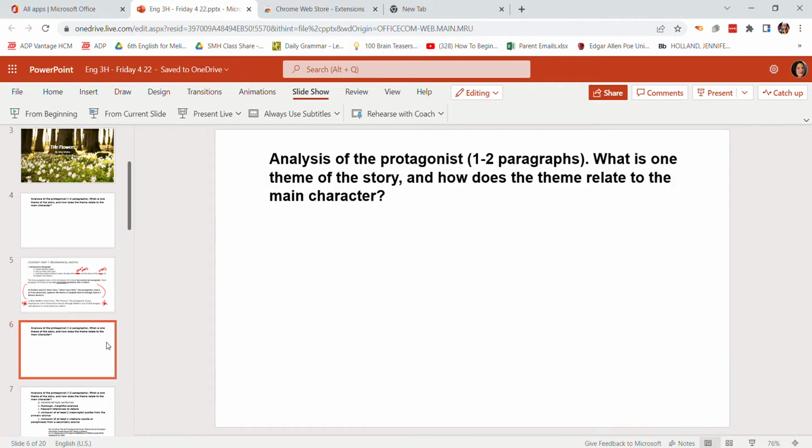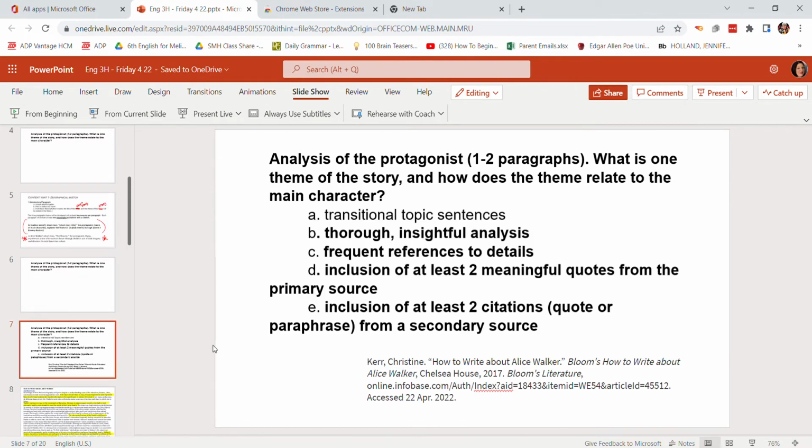So it's not going to be too hard to say, okay, well, our theme is loss of innocence, and how does it relate to the main character? Well, she's the one that goes through the loss of innocence, right? But it's not just that, right? If you look at the entire requirement, it says